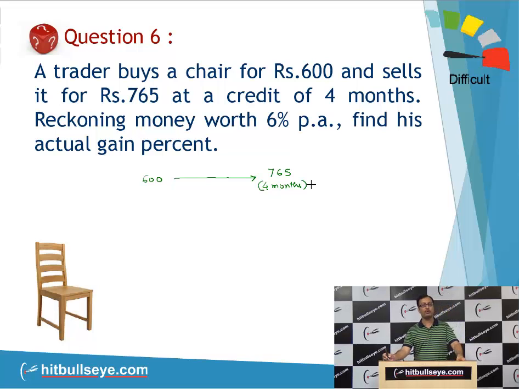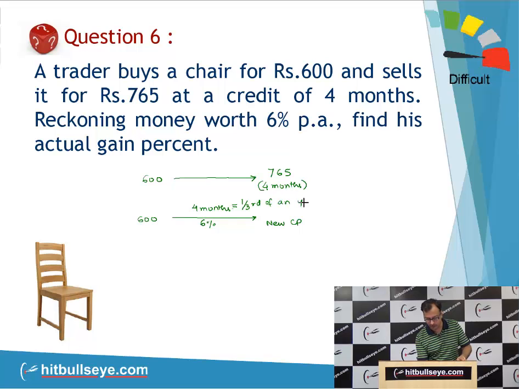So before finding out the gain or loss percentage on this information, let us first convert 600 rupees to a new cost price which the trader must be paying after a time period of 4 months. So we are starting with the basic part. The trader is buying the chair not now but after 4 months, and he is paying the money at a rate of 6% interest. Now, since 4 months are equal to 1/3 of a year,